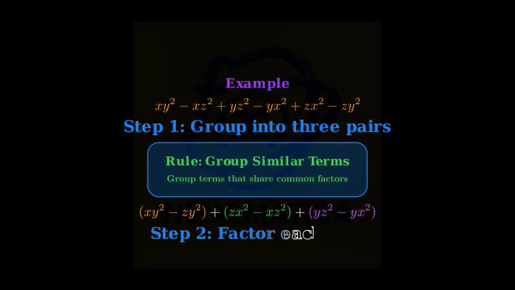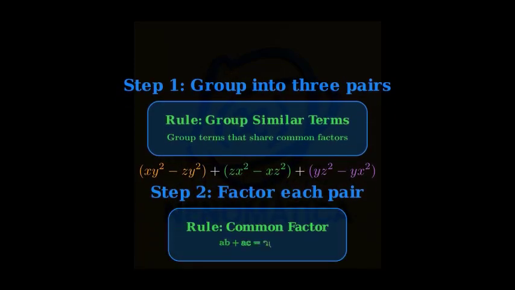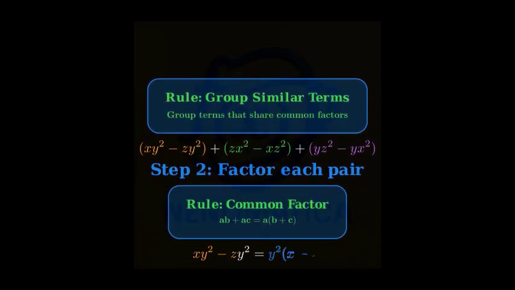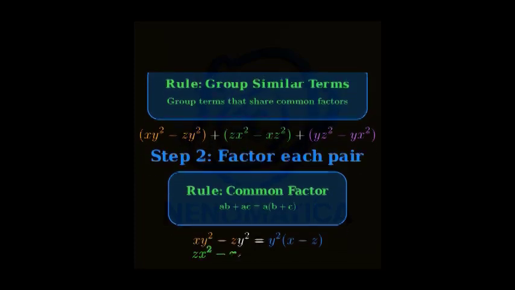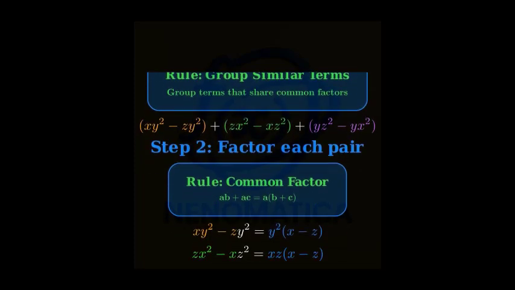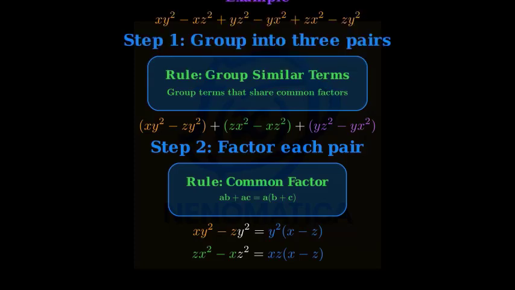Now that we've grouped the terms, let's factor each pair separately. For the first pair, xy squared minus z y squared, we can factor out y squared, giving us y squared times the quantity x minus c. For the second pair, zx squared minus xc squared, we can factor out xc, giving us xz times the quantity